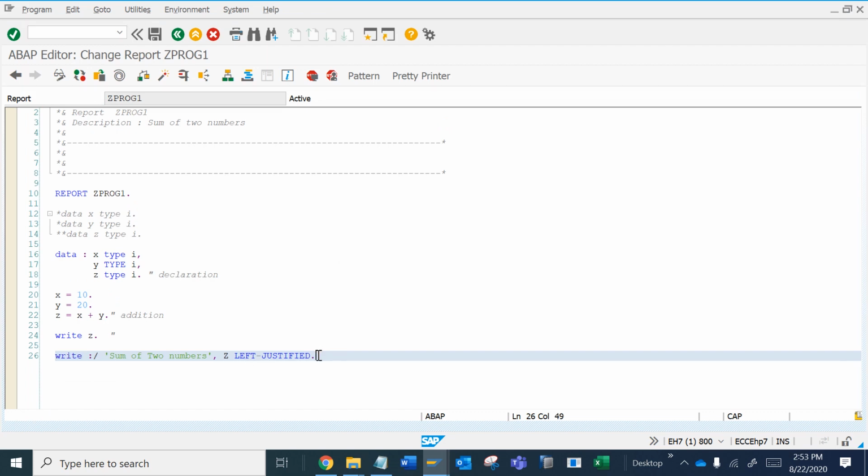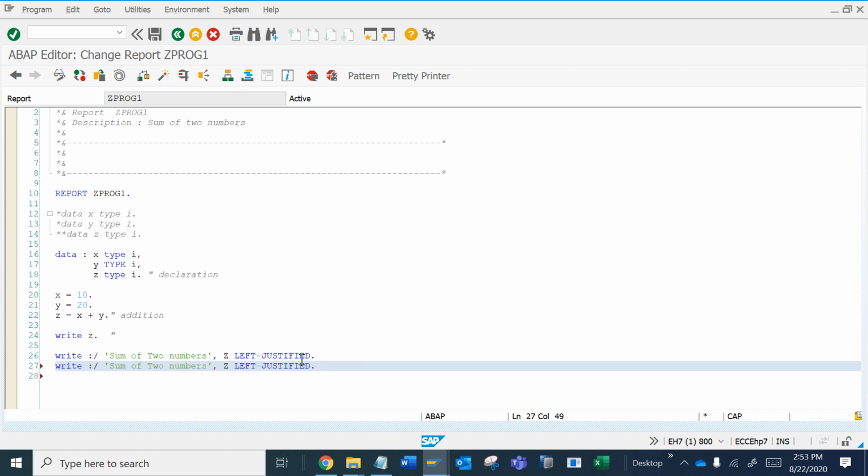So if I want to do this as centered, it will be centered.